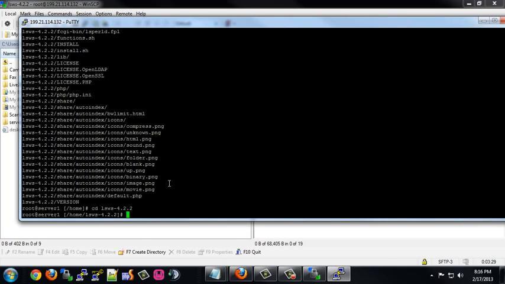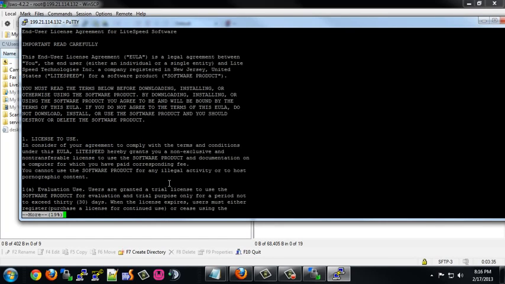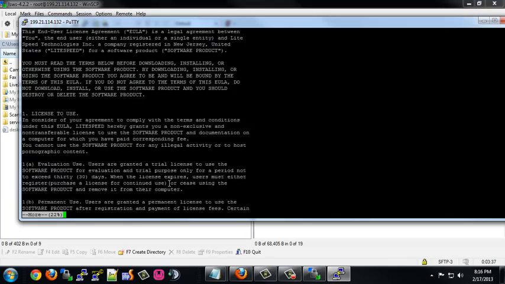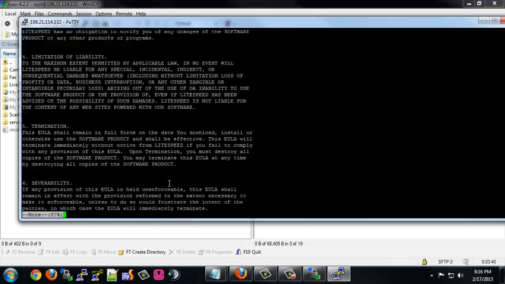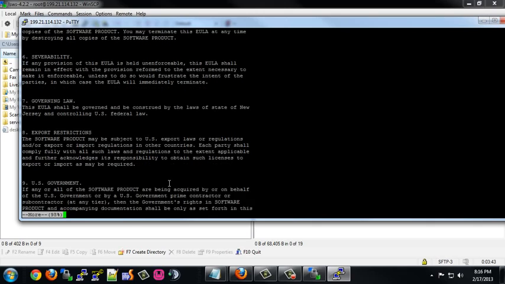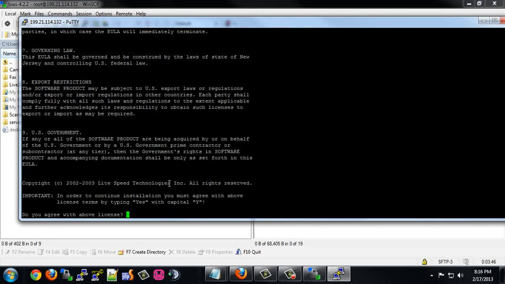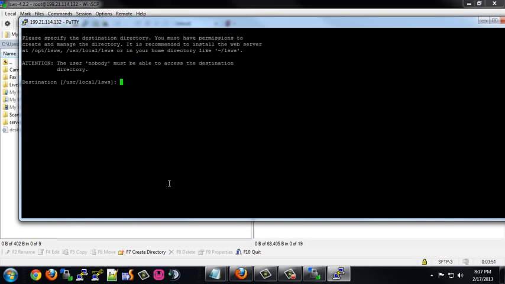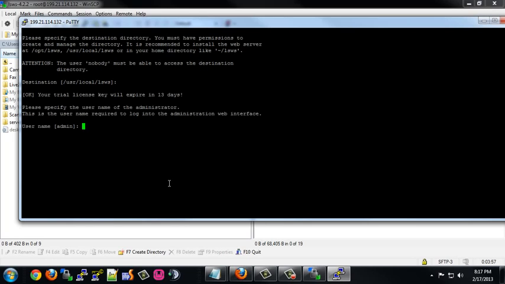Once you have done that, all you need to do at this point is type ./install.sh. Now you just hit your enter key and you can scroll down. Once you get close to the 90%, you want to go a little bit slower here because we need to agree to this. So we're going to type yes with a capital Y and hit enter. This is the destination where I want this installed, and now I need to create an admin for it. For demo purposes, I will just type admin